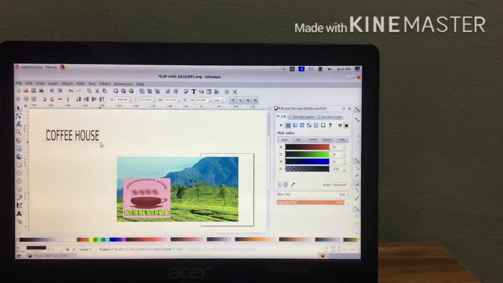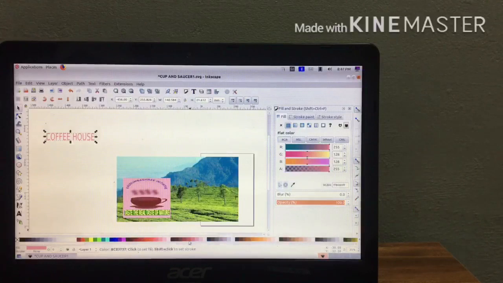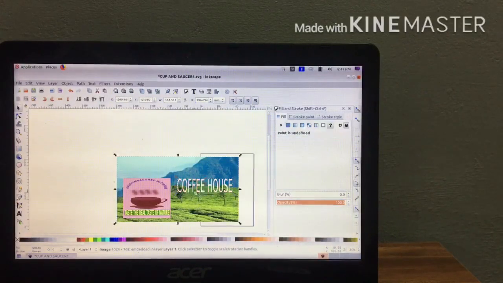Select the text and you can give a suitable color also. Then arrange it above the background image. Arrange it also.